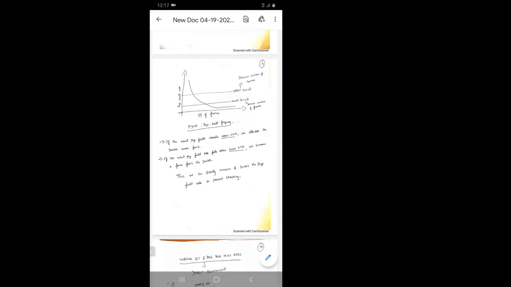When the number of frames decreases, the page fault rate is increasing, right? So when the page fault rate reaches the upper bound, what do we have to do? We have to increase the number of frames, that is, we should allocate free frames. When it is coming down to the lower bound, we should decrease the number of frames. As I have given in the figure, if it is upper bound, increase the number of frames. If it is lower bound, decrease the number of frames.